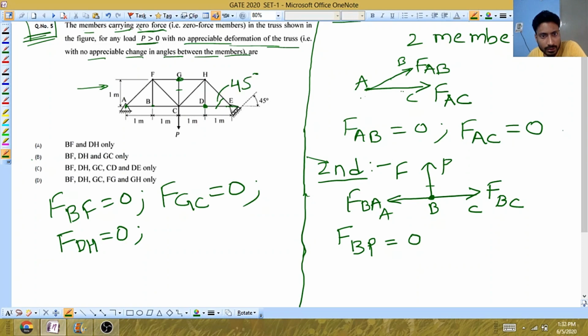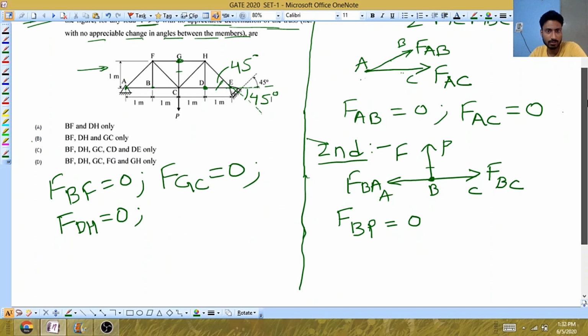If you extend this line in this way, you can see this angle is 45, so this angle will also be 45, vertically opposite angle. In maths, hope you have done those things. So you can see this 45 and this 45 makes 90 degree. It shows that if you apply method of joint,